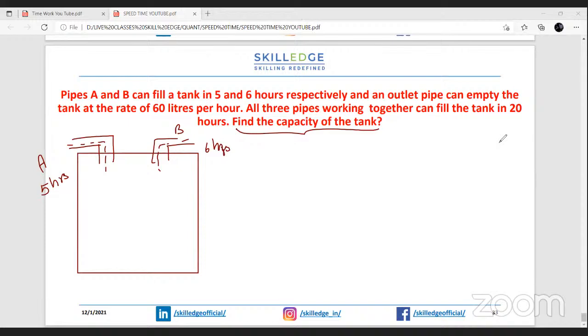अभी 5, 6 और 20 दिया हुआ है ना। तो कुछ लोग सोच रहे होंगे कि यार कैपेसिटी को इन तीनों का मल्टीपल मान लेंगे, लेकिन यहाँ पे हम कैपेसिटी एज्यूम नहीं कर सकते, क्योंकि क्वेश्चन में वही तो फाइंड करना है आपको, राइट। तो जो फाइंड करना है उसको एज्यूम कर लेंगे तो फिर तो गड़बड़ हो जाएगी। So basically we have to take the capacity to be x liters and then we have to solve it and figure out the value of x in this question, guys. वन से हम कैपेसिटी एज्यूम नहीं कर सकते।